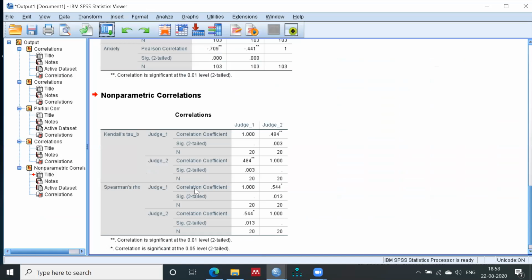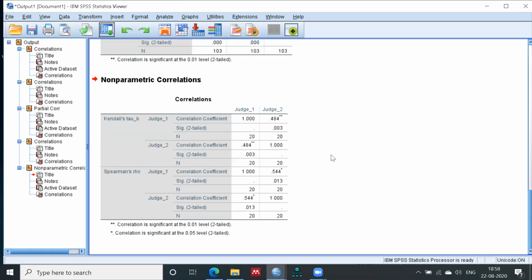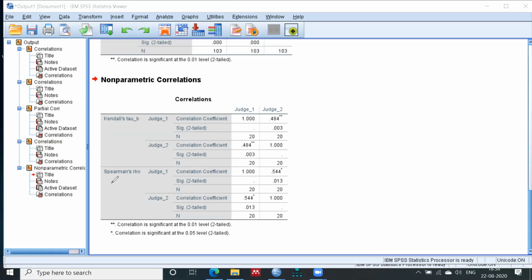Let's see. So this calculation has been done, and in this analysis you can see, let me show you, this is your Kendall-Tau and this is your Spearman, right? You can see the correlation for Kendall-Tau is 0.484, and for Spearman, you can see there is 0.544, right?